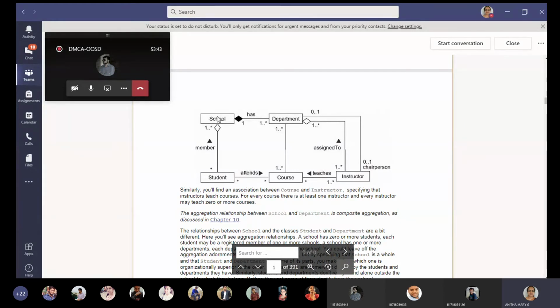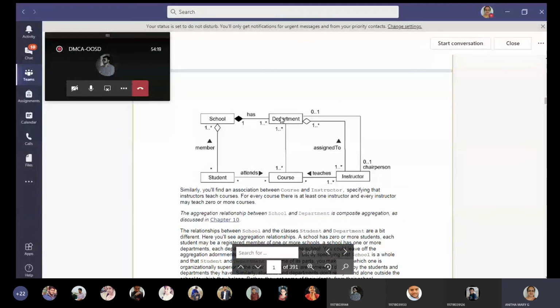Student, member of school. And when we come to cardinalities here, many students can be members of one or many schools. Maybe certificate-wise you may be part of one college or one school, but after college, without any certification condition, you may go to any number of schools for learning, maybe any course or any tuition, anything. That's why we are giving one to many here. So this is the relationship between school and student.